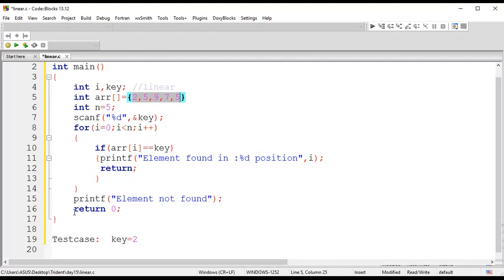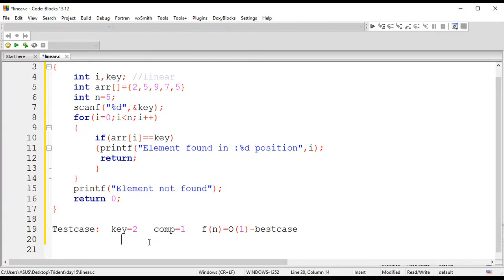Okay, how many comparisons does it take? One comparison, right? Initially the key value is assigned as 1. So it will enter inside. At the first iteration, array of 0 is compared with the key value, so the number of comparisons taken is 1. One comparison required. Here your time complexity f of n can be given as a constant value, big O of 1. This is nothing but your best case.